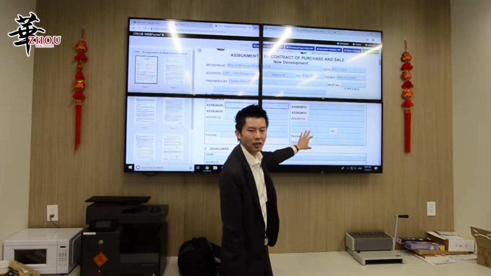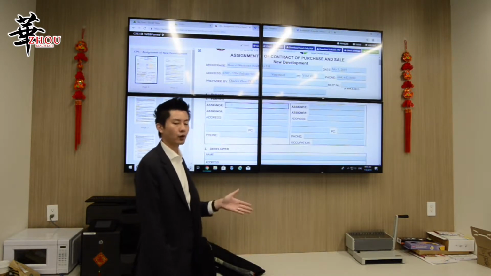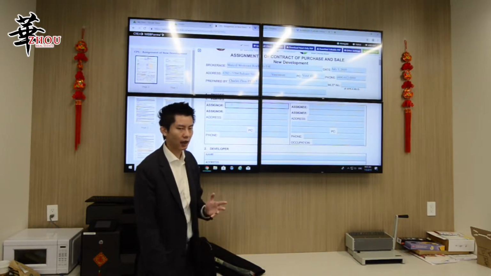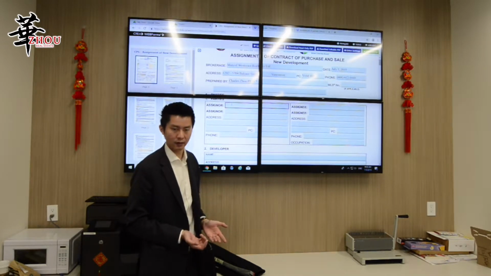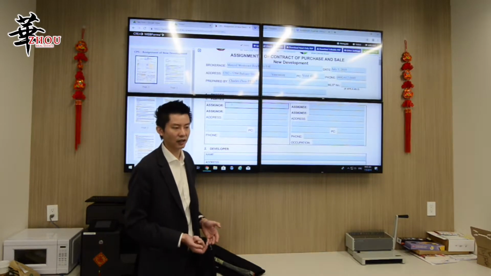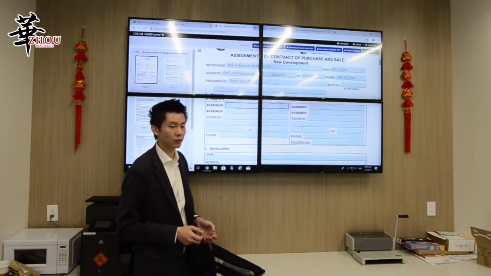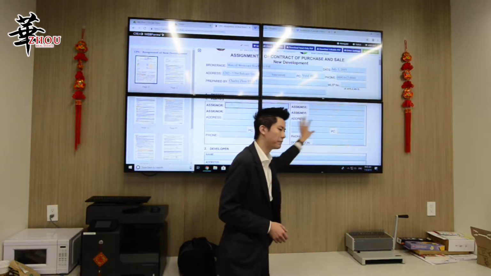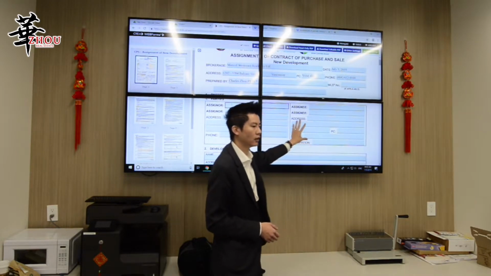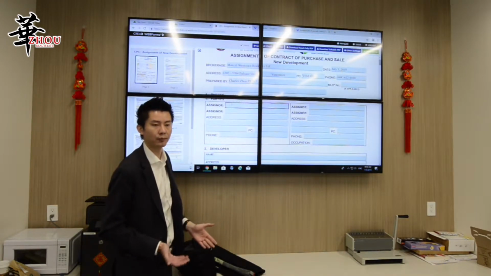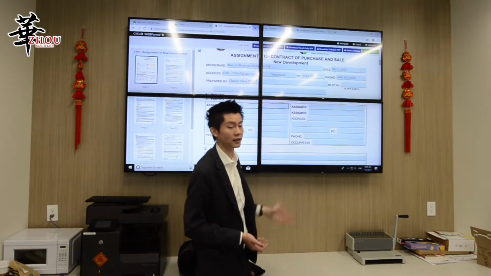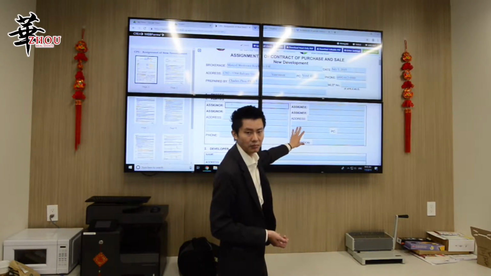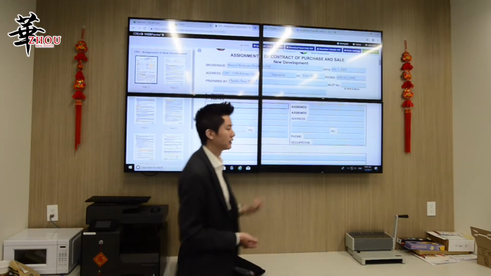Fill in everything, because each time the developer's assignment team emails you back, and then you email them back, this will take maybe at least a week or 2 weeks. So your subject may be only 30 days. If you make one mistake, you may not be able to make it within your subject removal date. So make sure you fill in everything here, all the information. Not like on a normal purchase agreement, where people just put C/O agent, right? Because you don't want to give out your client's information. But for assignment, make sure you put everything in it, okay?